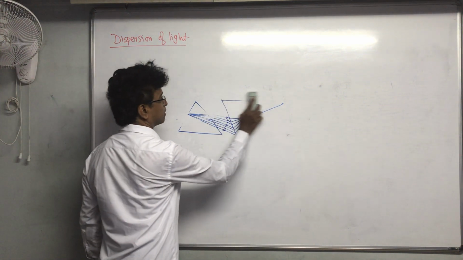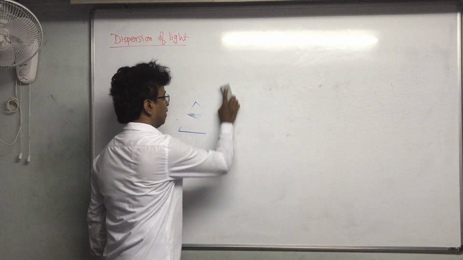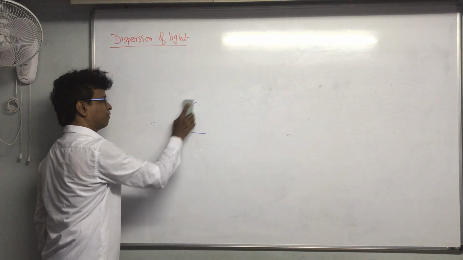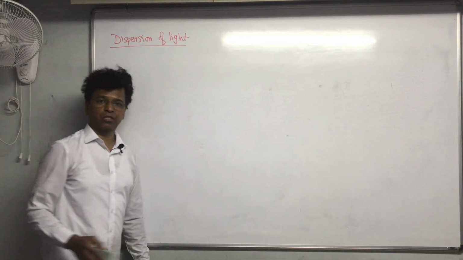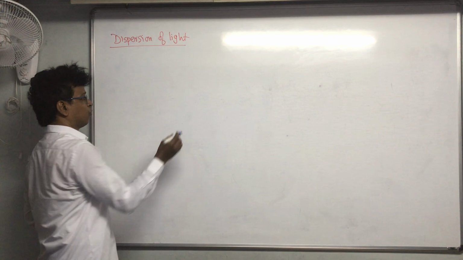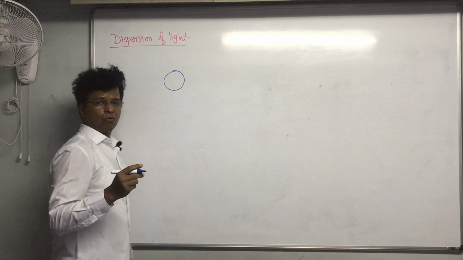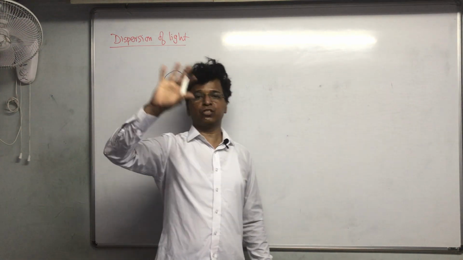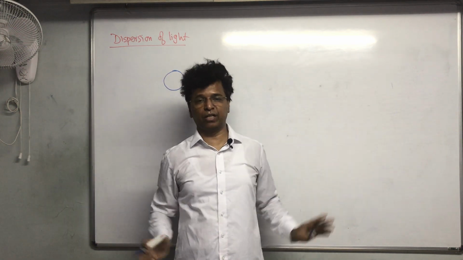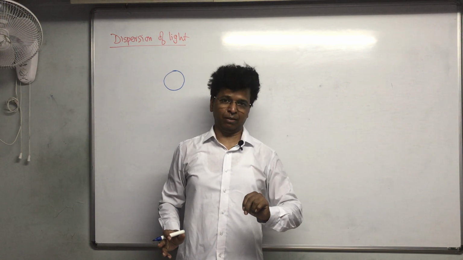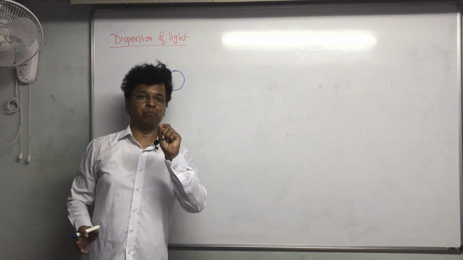Now, in what way and where does this play a role? Of course, undoubtedly, rainbow. Rainbow formation is basically because of dispersion of light that we happen to see, especially during monsoon days. See what happens over there. Who is the prism over there? The water bubble. See, basically, when does this happen? When there is moisture in the air. When after the rainfall there is a good amount of moisture in the air, at that time only the rainbow is seen. Because at that time these water droplets act like a prism.